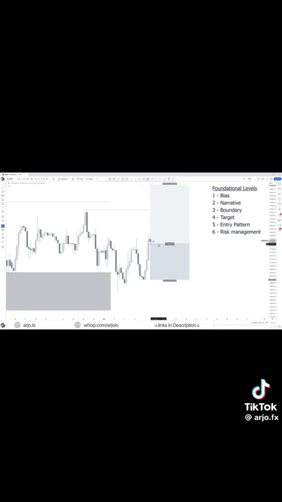Because of course, if we enter off the 4-hour here, it turns more so into a swing trade. So off those 4-hour fair value gaps right there, if we get a retrace